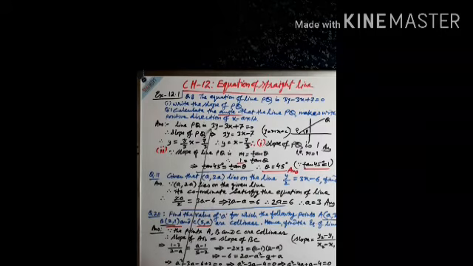So what you have to do, you write this equation in the form of y equal to mx plus c, because this equation gives the slope of the line. So here slope of PQ is equal to, then write in the form of y, eliminate y from here. So 3y equal to, transfer this all to the right side. So 3y equal to 3x minus 7, and to eliminate y, you have to divide it by 3 from both the sides. Therefore y equal to 3 by 3 into x minus 7 by 3. Therefore y equal to x minus 7 by 3.